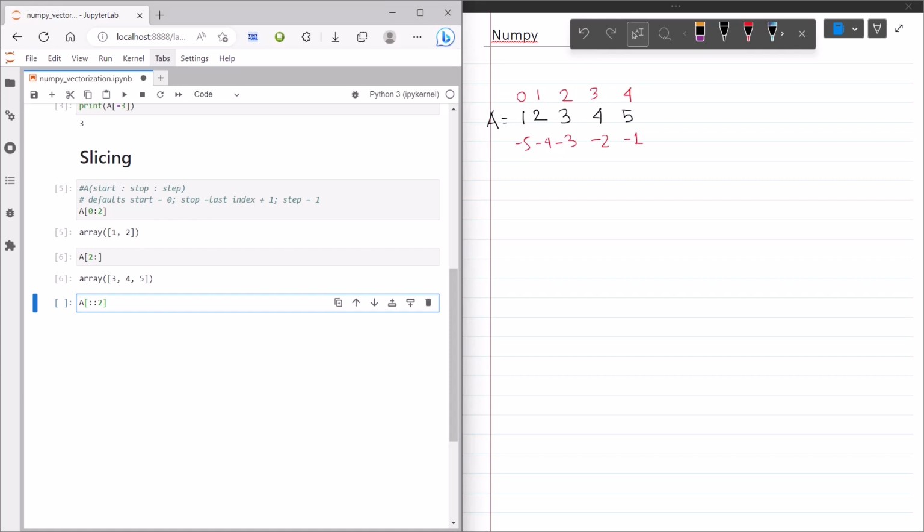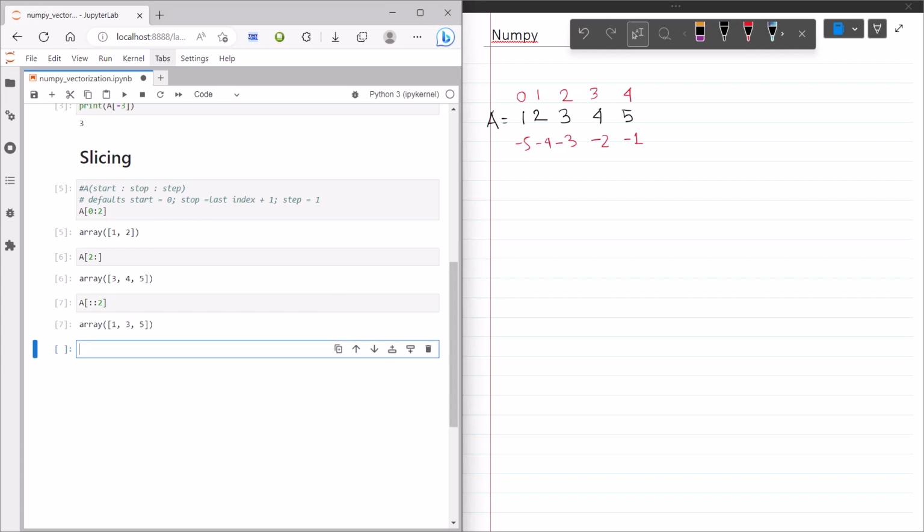So it will go from this 0 to 4. It will take all the items with a step of 2. So let's see. It is taking 1, 3 and 5 because it is jumping 1. Similarly, we can go with these negative indices. So for instance, I write -2